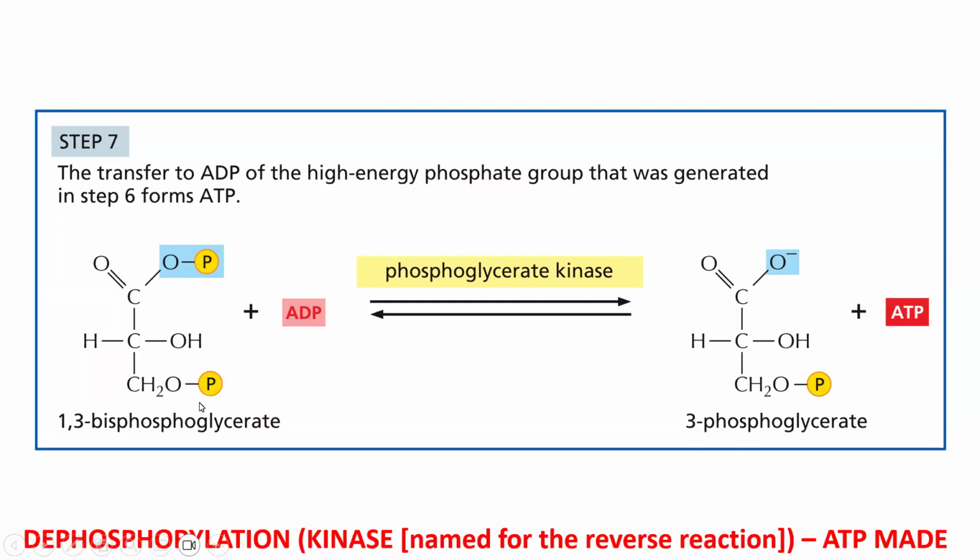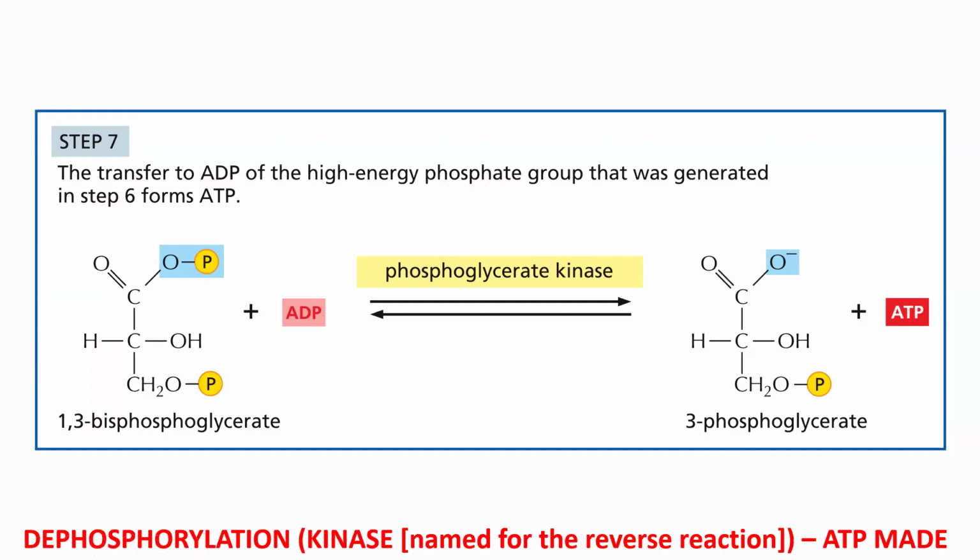There's a lot of potential energy of want, both in this bond and in this bond, but also in the repulsion of these 2 phosphates. A lot of potential energy. And that potential energy is sufficient enough that when we release this phosphate, we can take that released energy and use it to phosphorylate ATP.